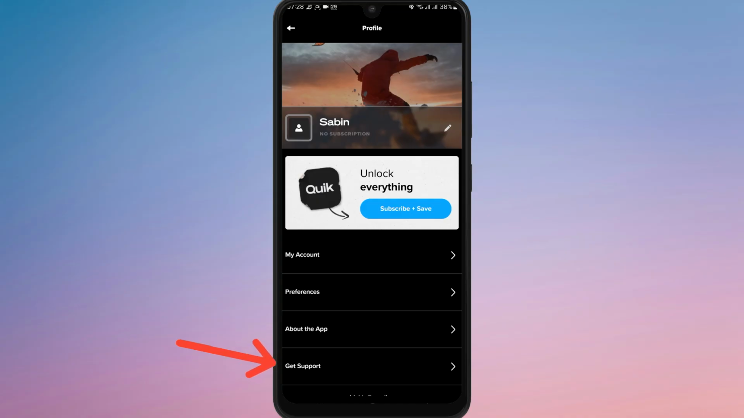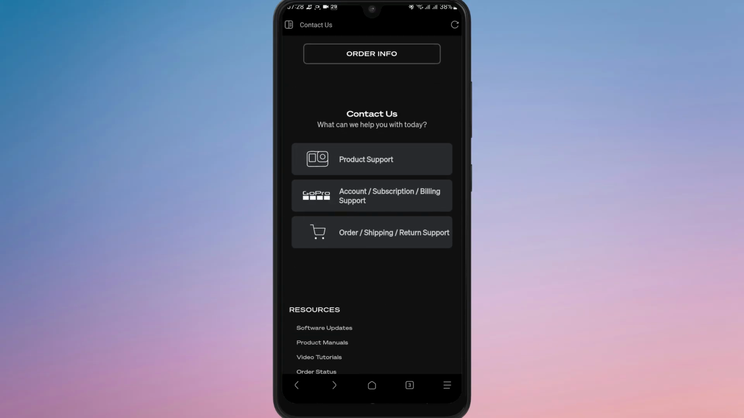You will see two choices, Contact Us and Support Hub. If you tap on Contact Us, it will open your browser where you can choose the type of the support you need, such as product support, account subscription, billing support, or order, shipping, return support. If you tap on Support Hub, you can browse the help center for facts, troubleshooting guides, and tutorials that may